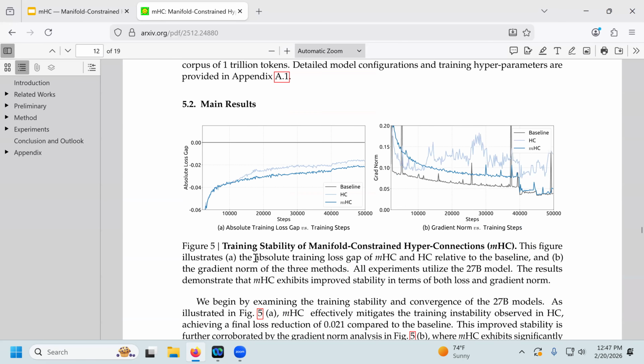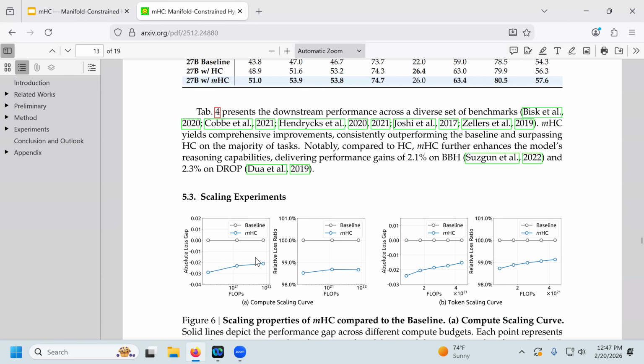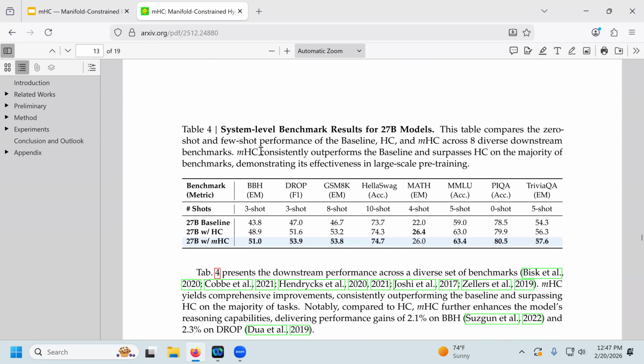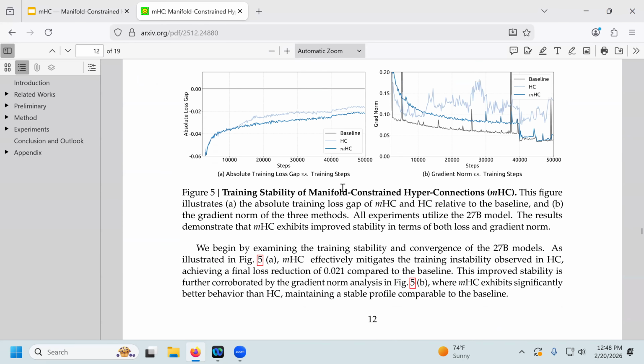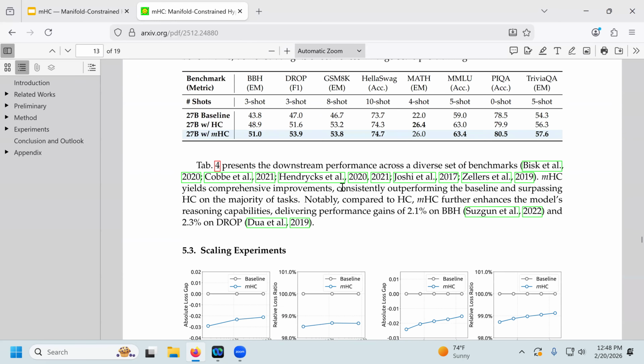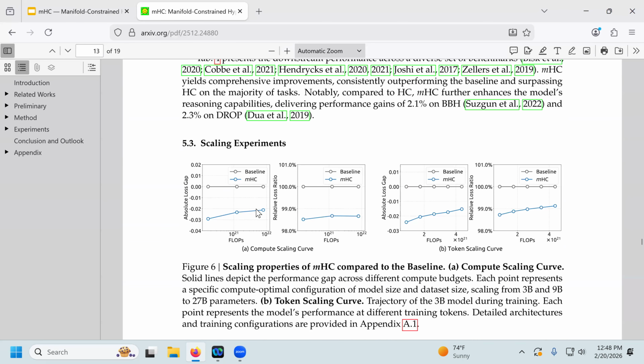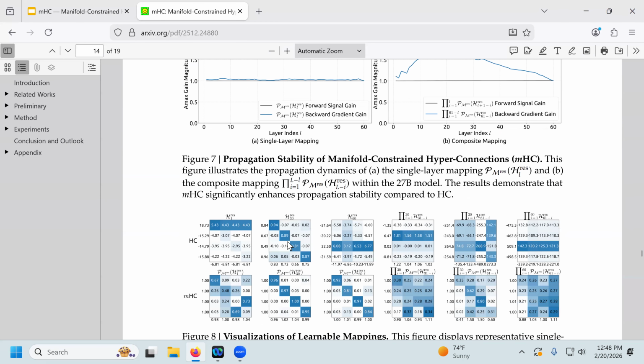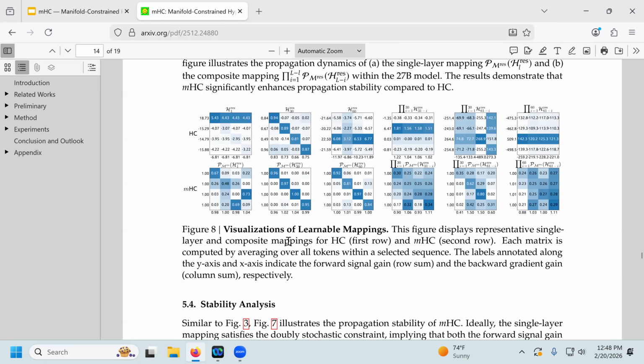That's okay. If you look at figure 8, though, I think what they're trying to show with this mHC is that there's more diversity in these hyperconnections. What does it mean? There's a utility in using these hyperconnections because they're giving some different perspectives of the data, as opposed to the regular residual connections.